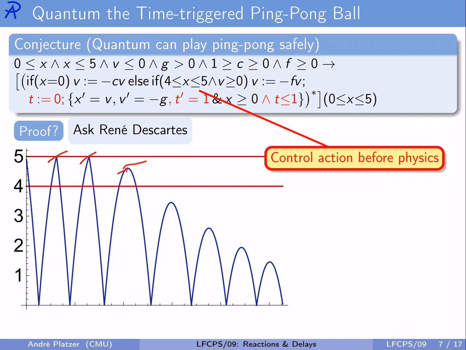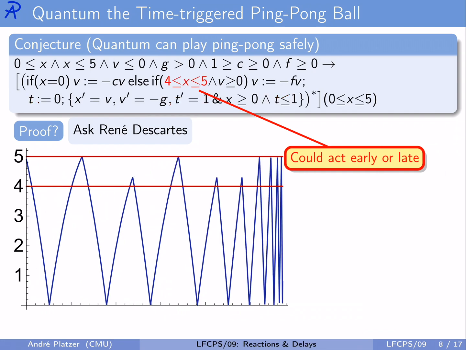No, we're not. And now all of a sudden, even if it is very easy in comparison to implement such a system, all we need to do is make sure this controller is being run at the latest after 1 second again. It is much more complicated to get it safe. Because, even if we're not between height 4 and 5 just yet, there's still the issue that we could be acting much earlier or much later, because the only assumption that we have in the model is that after at most 1 time unit we run the control, which will check for this event, but